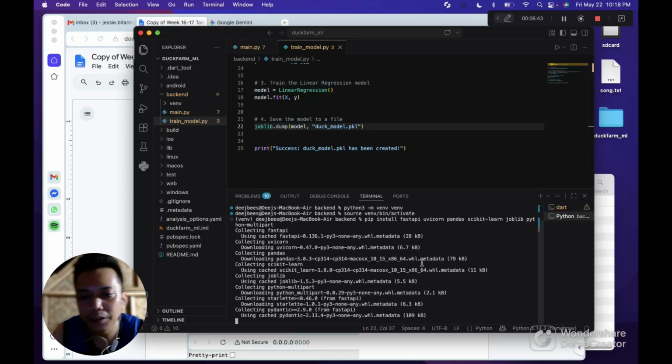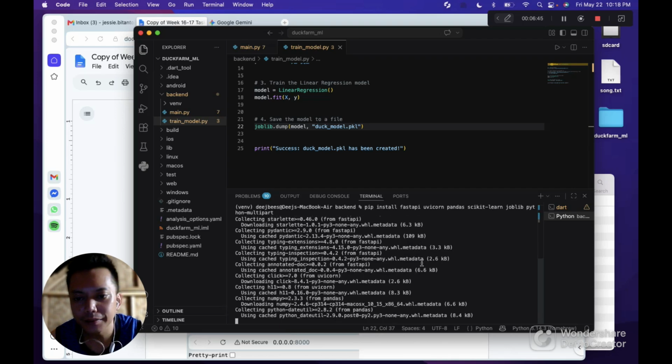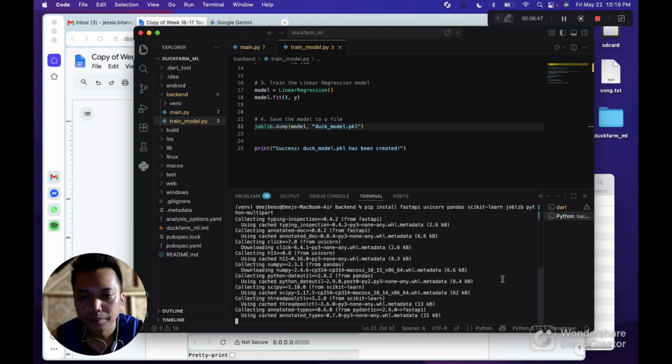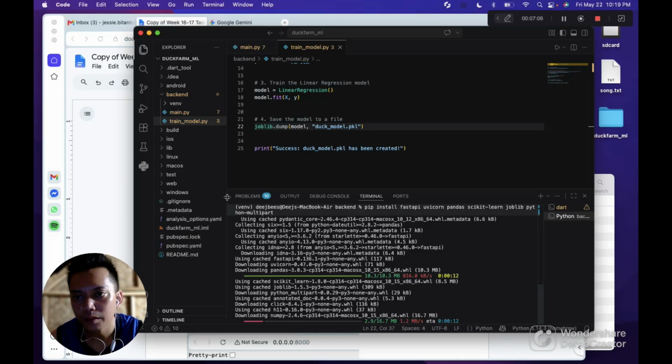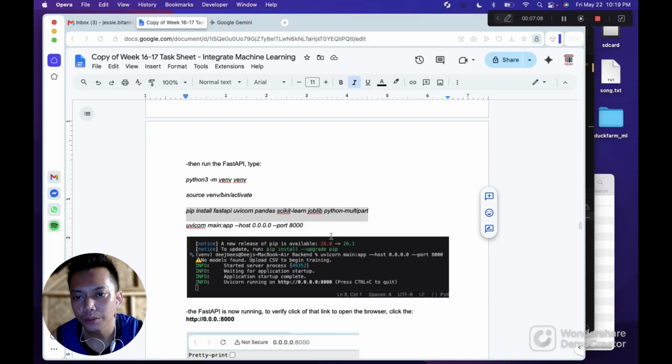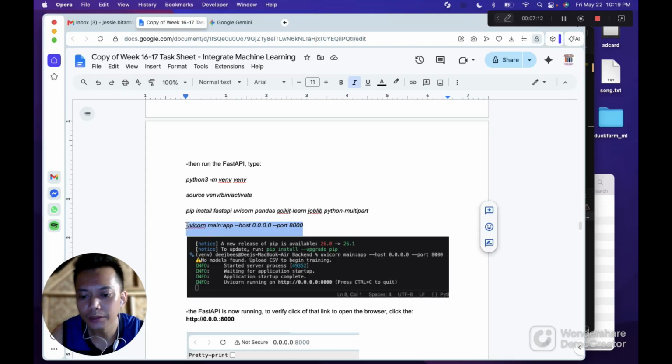Since it is downloading, we're going to wait. While waiting, we're now going to copy this one. This one is to run the FastAPI.